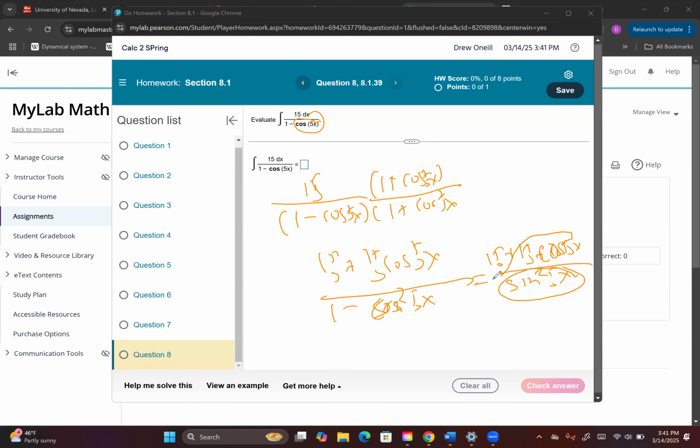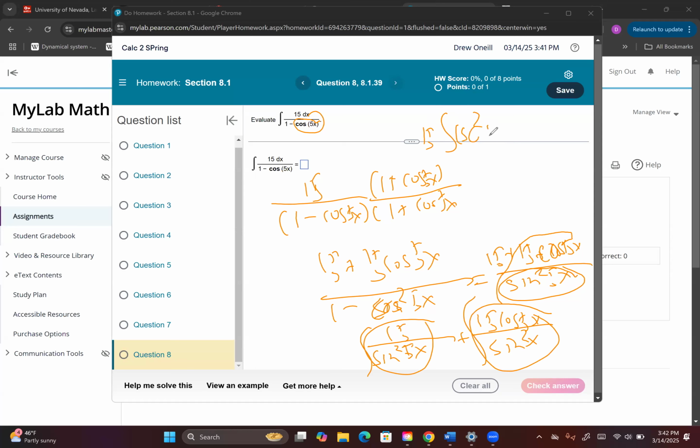At least for this part, you might have to split this into two integrals. I'm not going super in depth because I don't want to do all the problems, but it's probably this plus this. So I split it into two fractions. This one's a u sub. And then this one can be written as the antiderivative of 15 times, what happens if I bring sine up? It would be cosecant. And there's probably an identity in the back of the book in the table of integrals for that one.